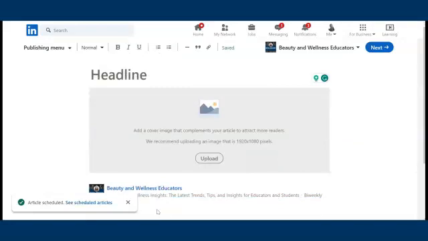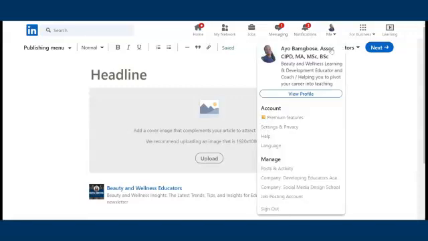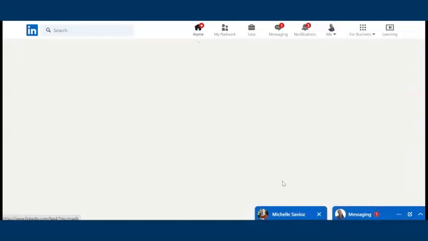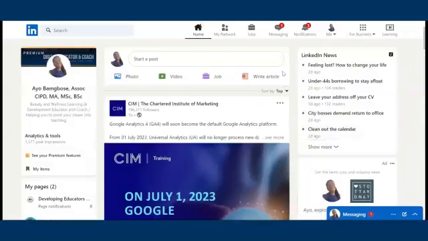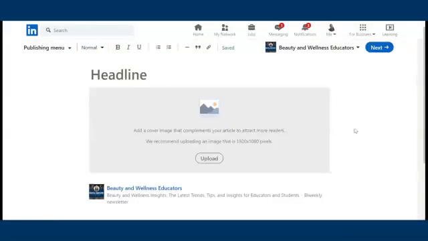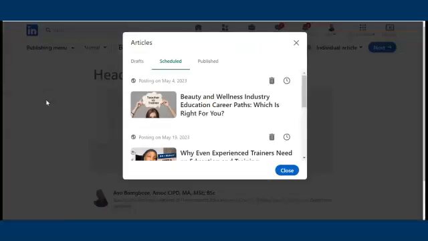So let's say you're really happy with that. I'll show you also where to find it. Once you've scheduled, you can see this box here, article scheduled, and you can go and view it. But let's say you have gone away and you now want to find all your scheduled articles. Let's go back and show you how it would look. Click on your profile. You would go on your main page as if you're going to start an article from scratch. So you go write an article, and instead of starting an article, you go to the publish menu and then you can see scheduled. So that's how you see your content.